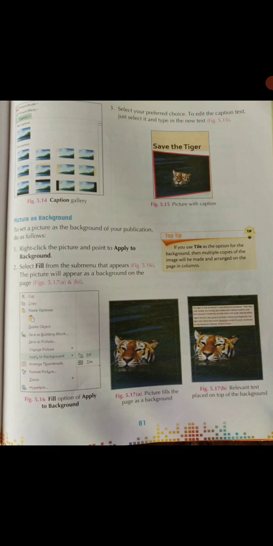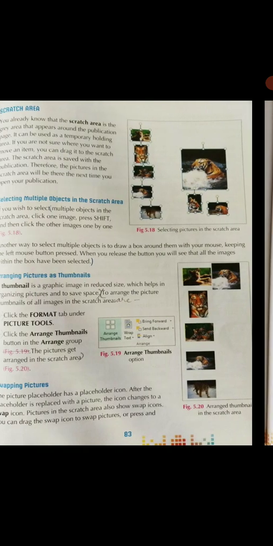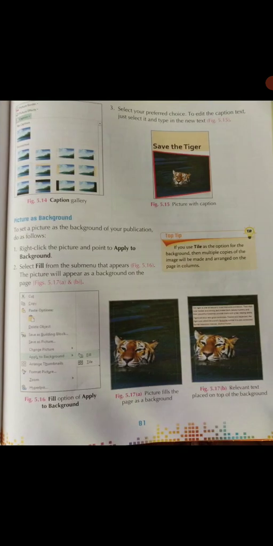Clear? Now when you are talking about foreground, it means what? The front portion of our image. Clear? The front portion of our image is your foreground and the back portion of our image is your background. First this must be clear to you, otherwise you can't identify which one is foreground and which one is background. So you will get here some steps for background. So let's see the first step.